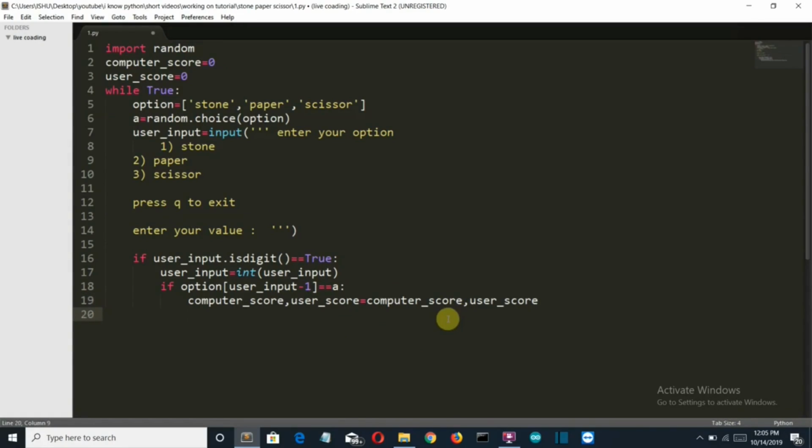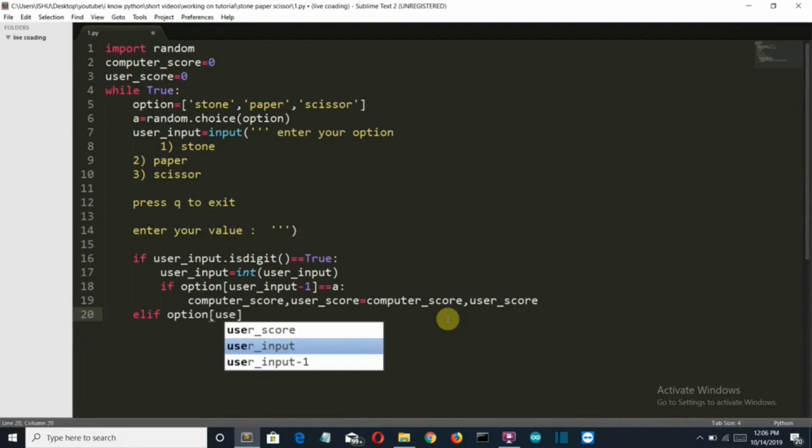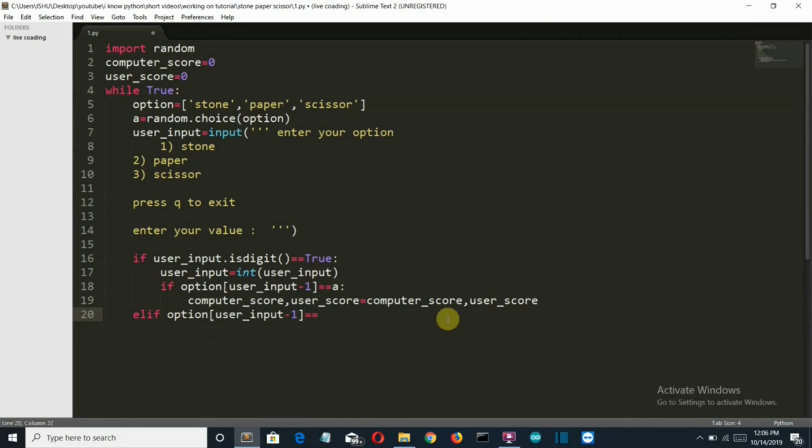So if the values are the same, then according to the rules, there won't be any change in the scores. So elif option user input minus 1 equal to stone,